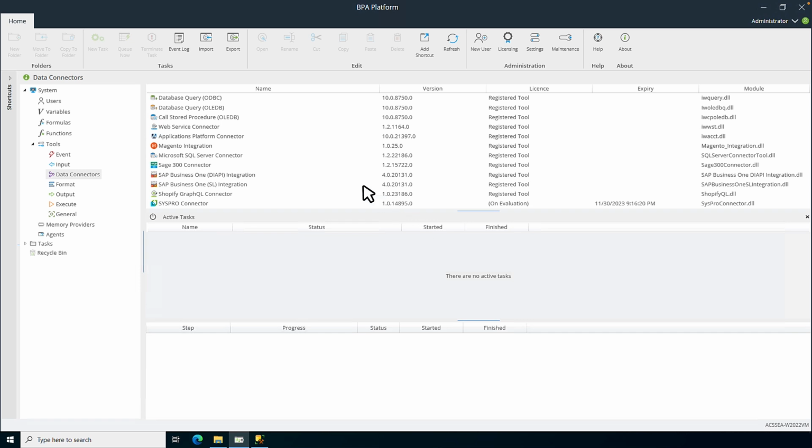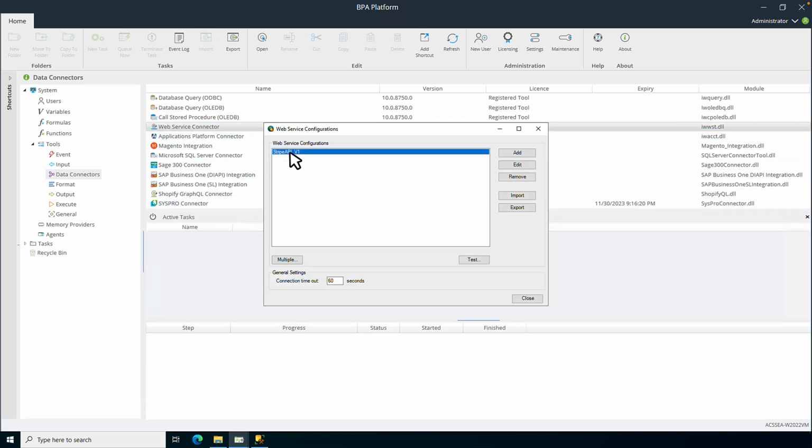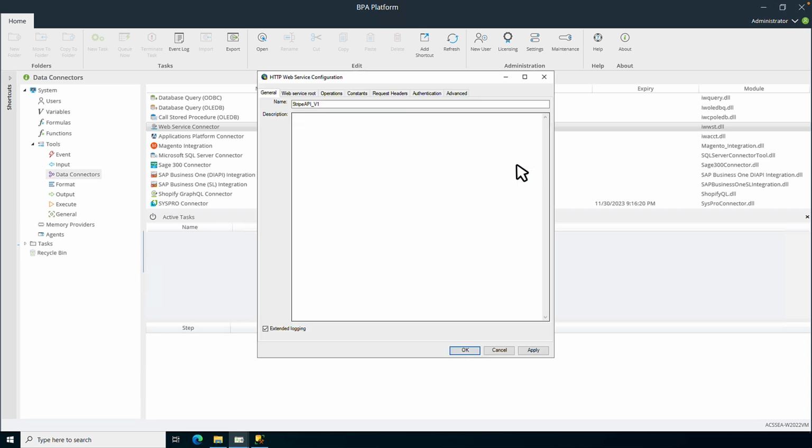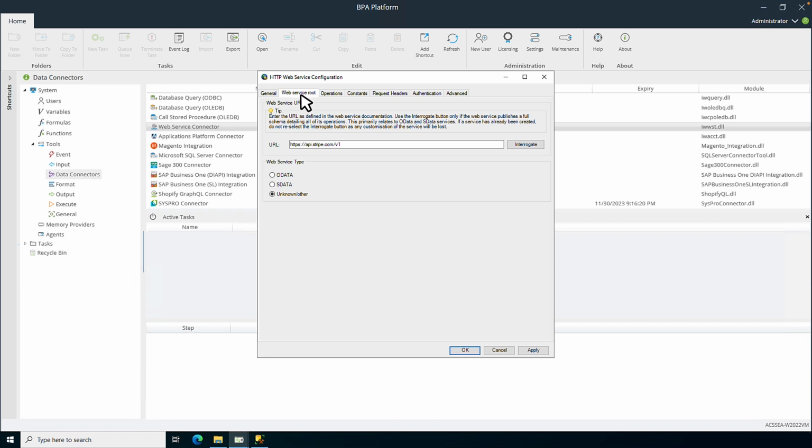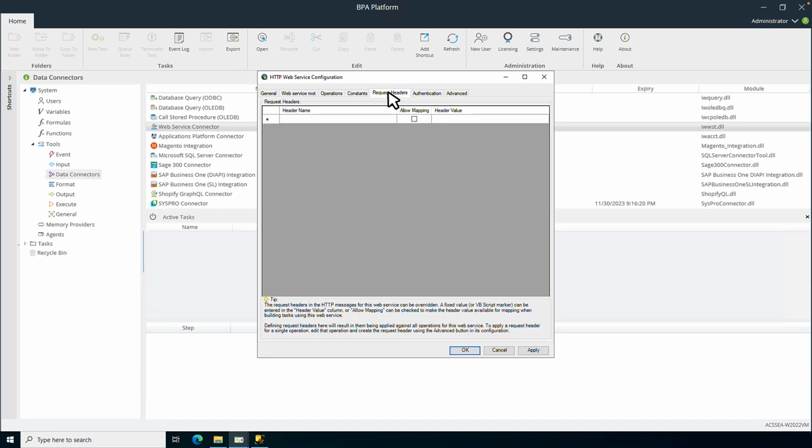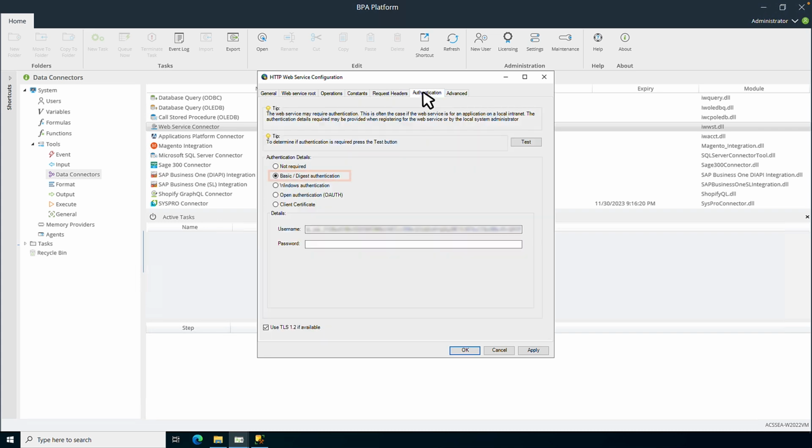We will now open the Web Service connector. Select the connection named Stripe API v1 and click Edit. The Web Service route shows the Stripe API URL, and we can skip through the tabs to the Authentication tab. Ensure the Basic Authentication Details radio button is selected.